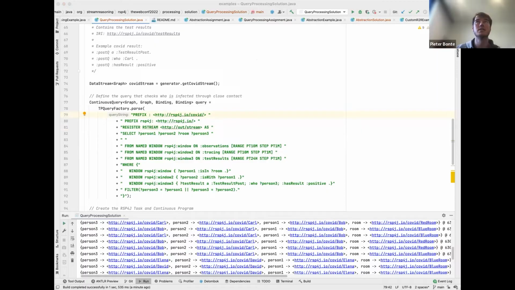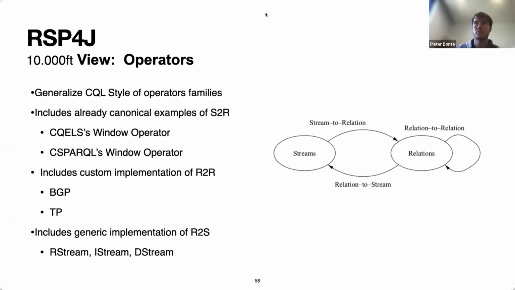Let's get back to the slides. So of course, any other RSP engine allows you to define RSP queries, but the neat thing about RSP4J is that you can manually define all the different operators. So similarly as we have seen for CQL and for the RSPQL fundamental model,